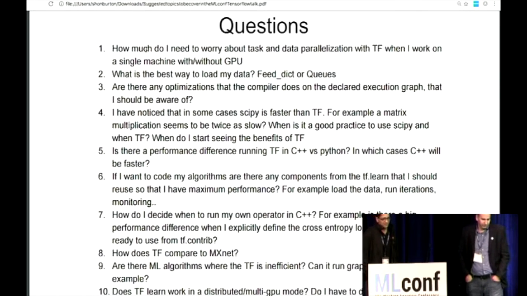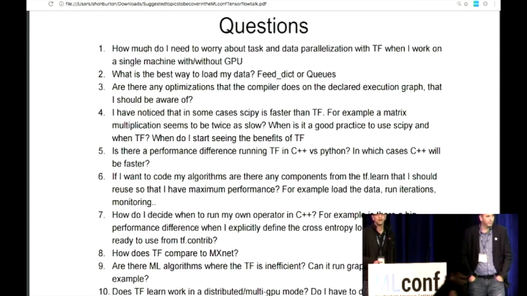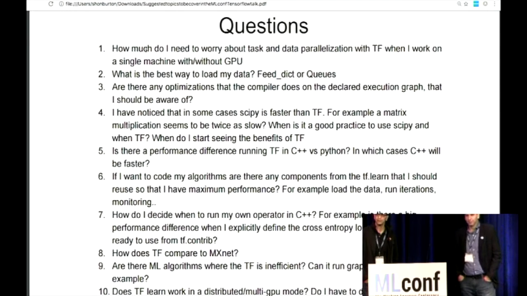Sure. Thanks, Nick. So as I mentioned this morning, especially for simple cases like this, single machine, you should not have to worry about this at all. In most cases, TensorFlow will take care of it completely for you. There are some very specialized cases where you might want to optimize, but in most cases you want to start with not doing anything, just take the basics, go from there, and then maybe fine-tune if you really need to.